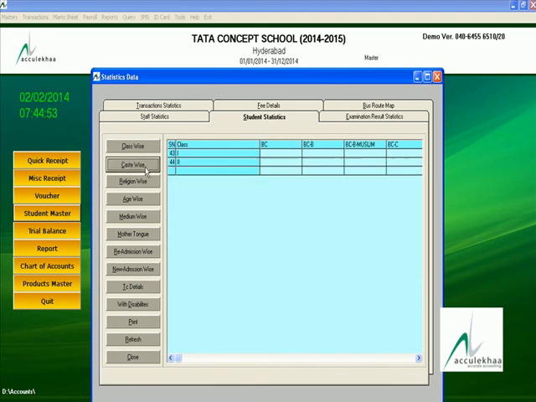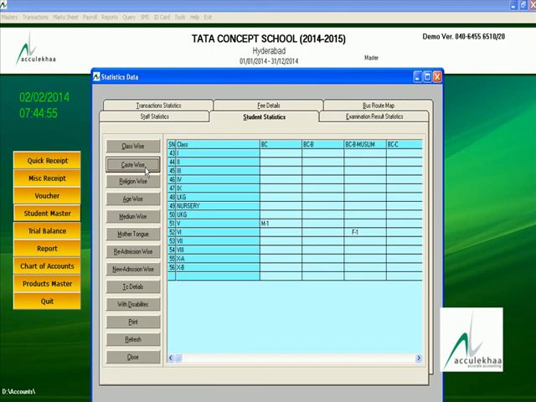This caste wise, means total BC 1 child, male 1 child, BCB female 1 child, OC 2 female, 1 male.